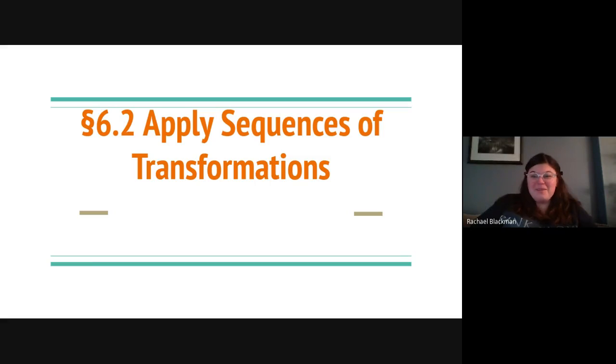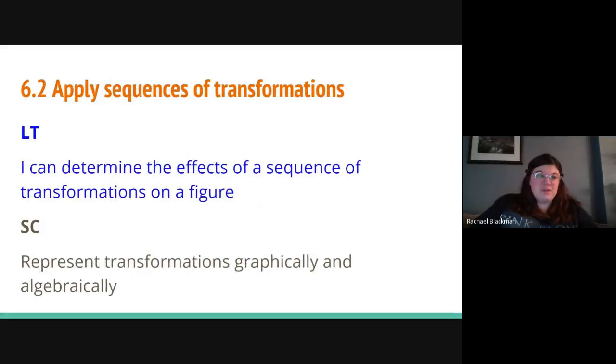Hello, welcome back, Geometry. This is actually our last section in Mod 6. It goes pretty quick, doesn't it? 6.2, apply sequences of transformations. We've seen a little bit of this before, and now we're going to be able to write formal coordinate rules